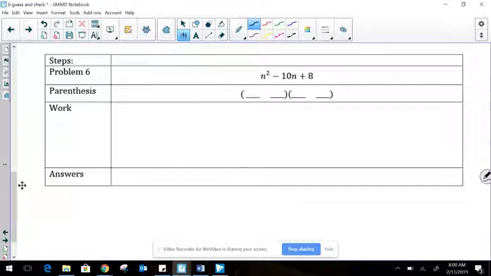Okay, so let's first write our factors for 8. Okay, so they multiply to be positive 8, but now they're adding to equal negative 10. All right, so if we look here,